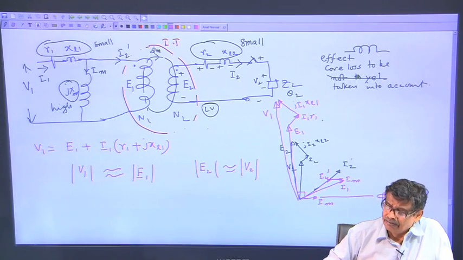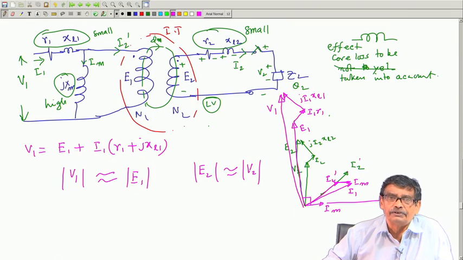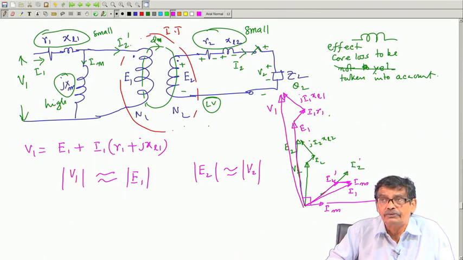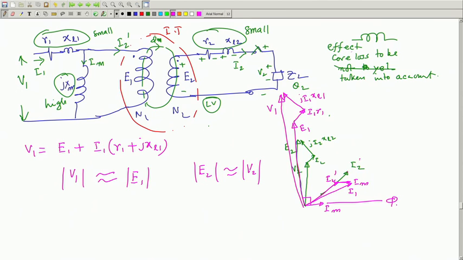Therefore, it is not very incorrect to say that flux level does not change appreciably from no load to full load condition. The change in flux level is pretty small, because R1, Xl1 and R2, Xl2 are small. Anyway, in the next class what we will do is this, we will tell you about the